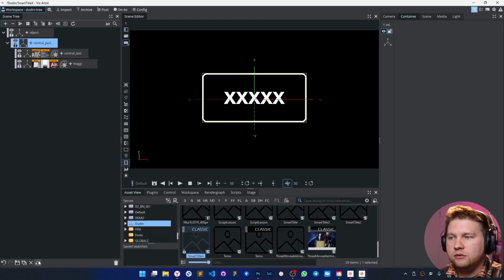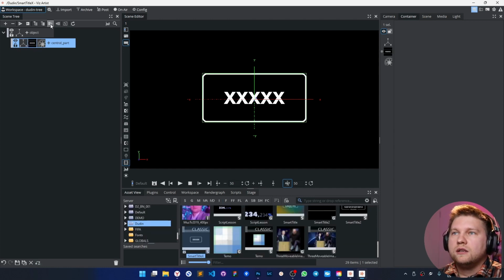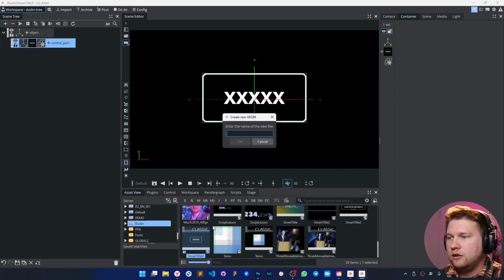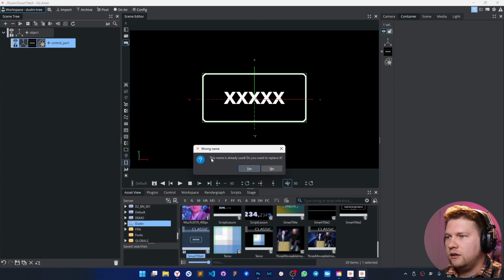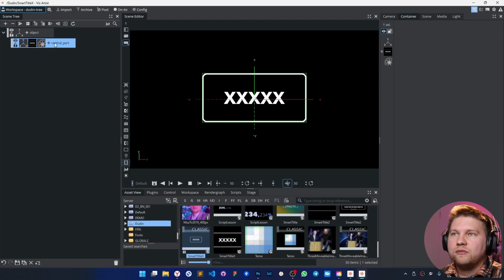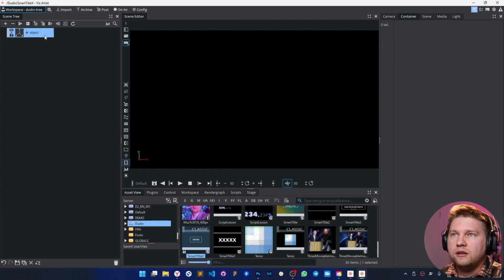So let's go and do this. Merge it and store it as a smart title, just X. Okay, I stored it. That's a wrong notification because it thinks that I'm trying to replace the scene itself, but it's not. Yes, there is no geometry with this name, really. That's fake. Okay, anyway.